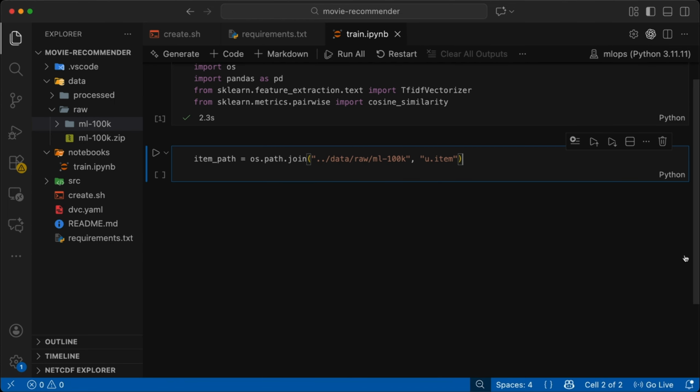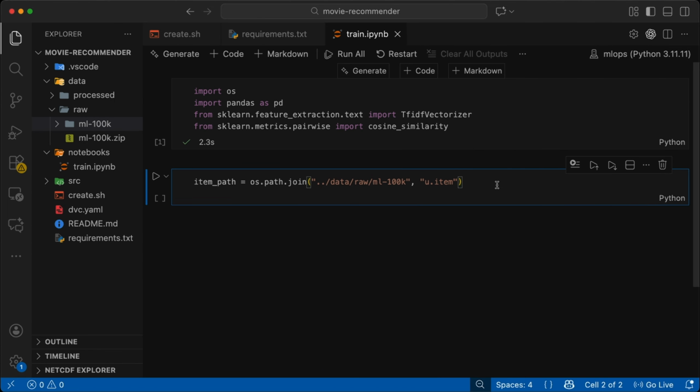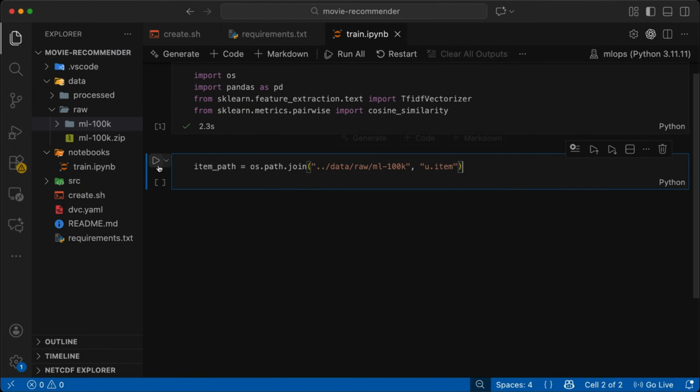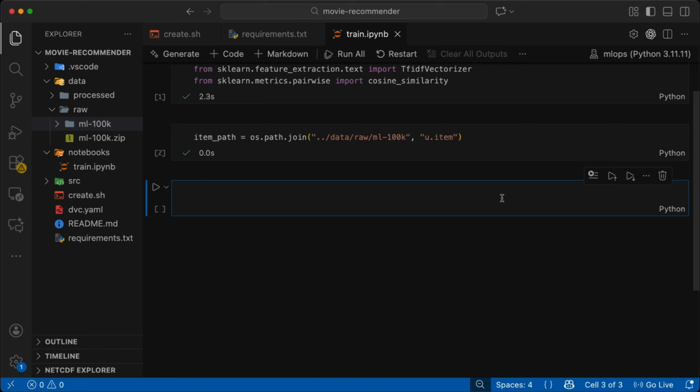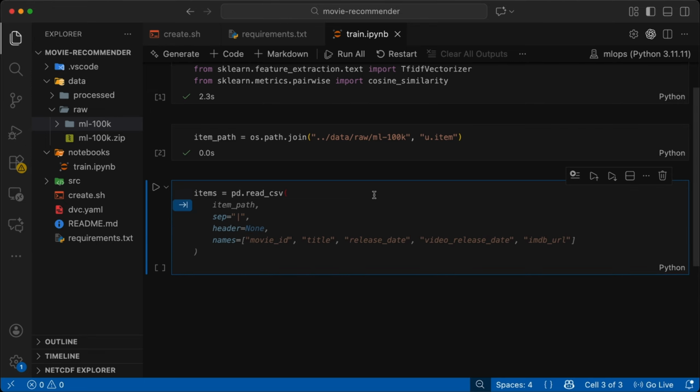So let me close this. Okay, that is what I care about for this experiment. And I'm going to run that. Now that I have the item path, I need to load it in form of a CSV. Then to do that, I'm going to say item and say pd.read_csv and specify the item path,